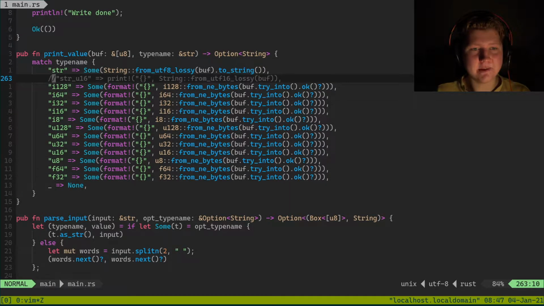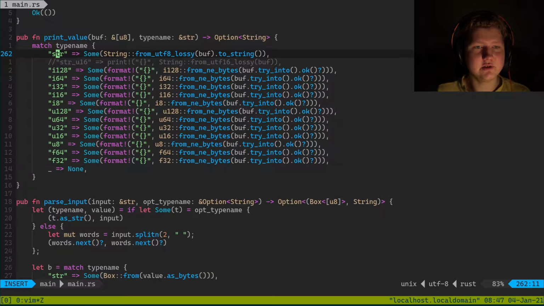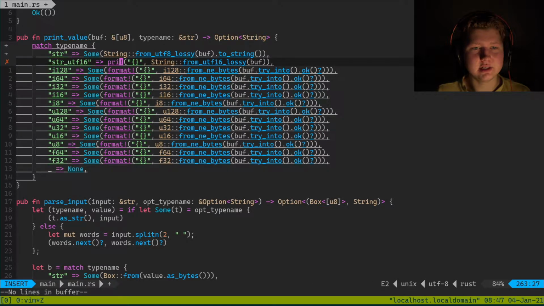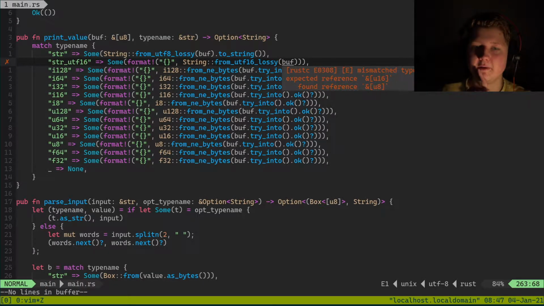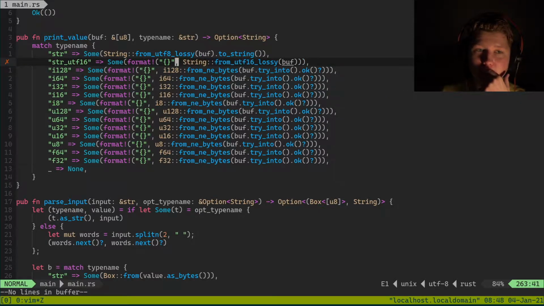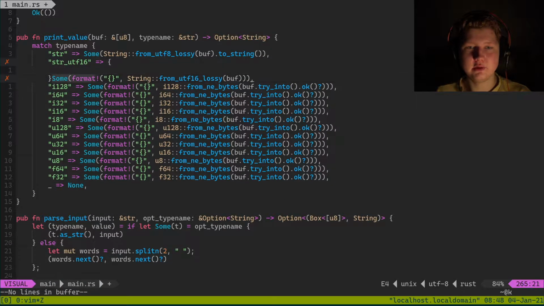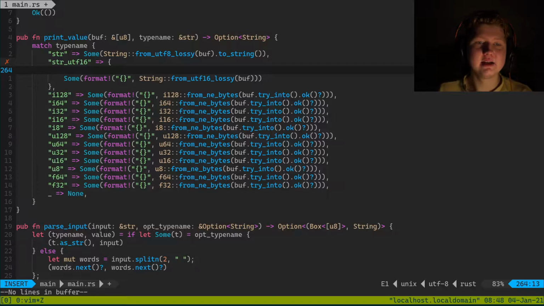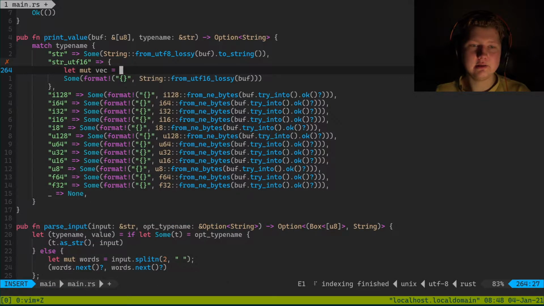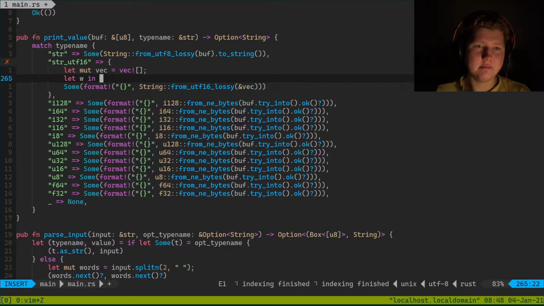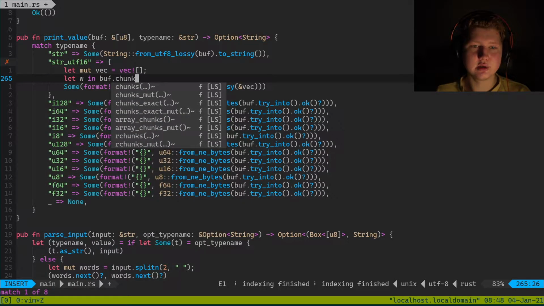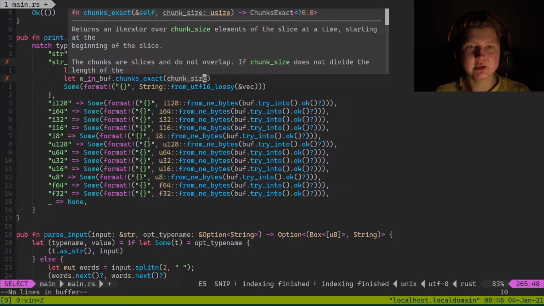We need to fix that U16, and it's actually UTF-16. Oh, it needs to be a slice of U16. We can't transmute it directly, so we need to do something not the nicest thing. So we will create let mut vec equals Vec. And what this will be, we will go through the buffer window in buff.chunks_exact of size 2,